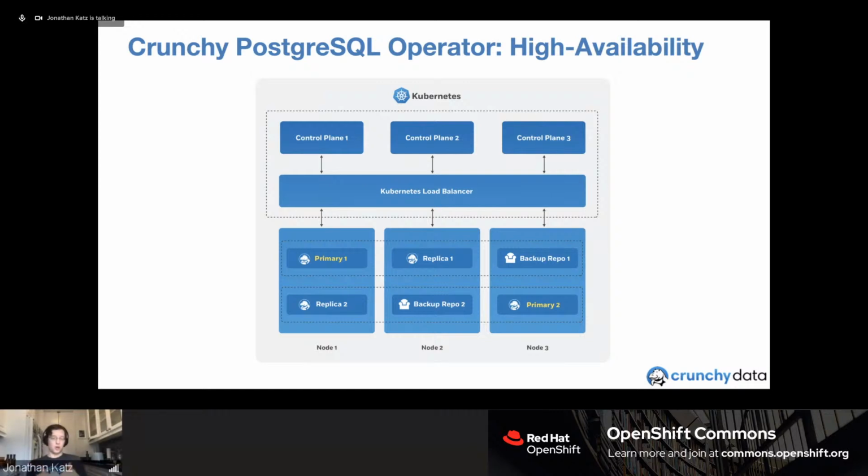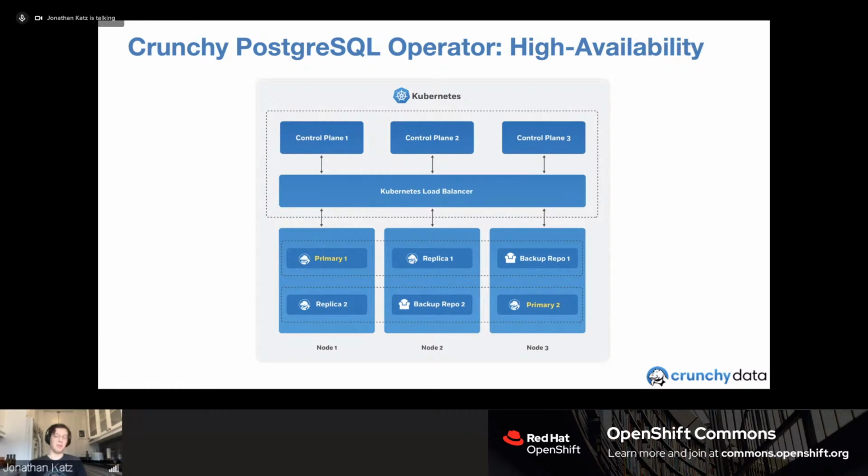So Kubernetes and OpenShift are backed by their own distributed consensus storage system. It could be etcd, and etcd has its own high availability system built in. But the reason why we leverage this is because it minimizes the amount of Postgres nodes you need to deploy for high availability. So let's take the Raft algorithm. Now, the Raft algorithm says you always need an odd number of nodes to be able to get high availability. And as I recall, the recommended number is 5.